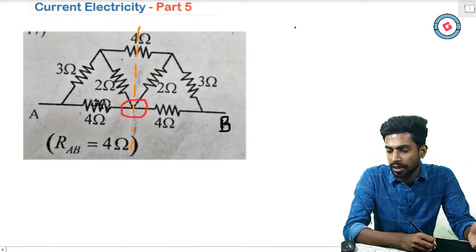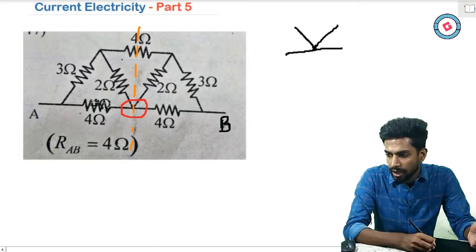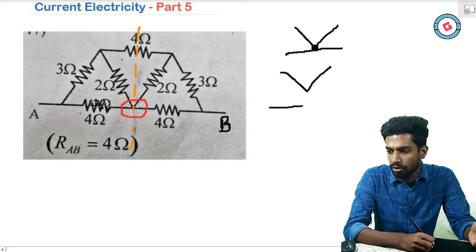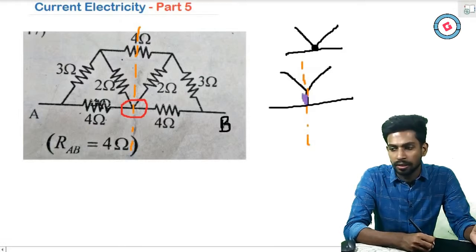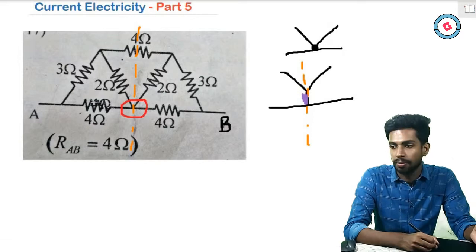If I enlarge that node, it will look like this, and there is a connection between these two. So I can enlarge it further, like this. So the perpendicular bisector goes like this, and in this wire, in this connection, the electric potentials are the same. So I can disconnect them by using theorem 3. So if I disconnect them,